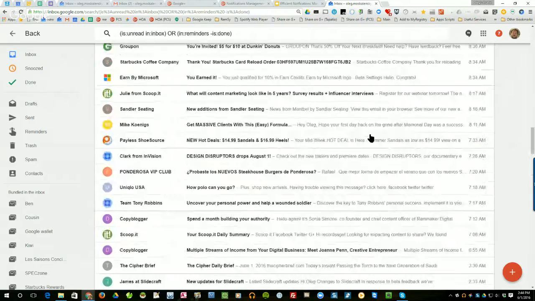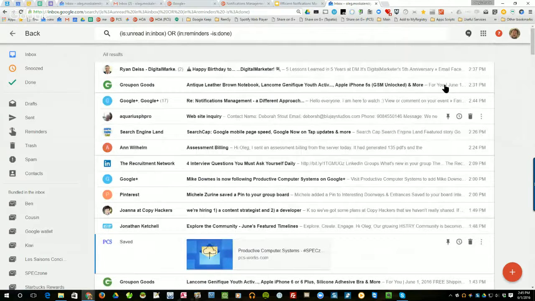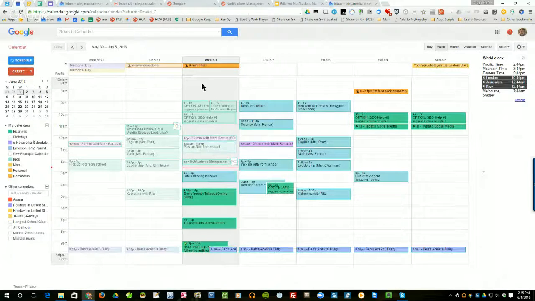So essentially, you go quickly and you just manage all of these things accordingly, where you snooze them, you pin them if you need to have things pinned, or you delete things if you want to delete them. The first part of the management was to just get everything in here. We simply share what we want, and once we share it, we're done with it. We're not doing anything with it. Then what you do is you set up in your calendar certain times that you're going to be dedicated specifically to